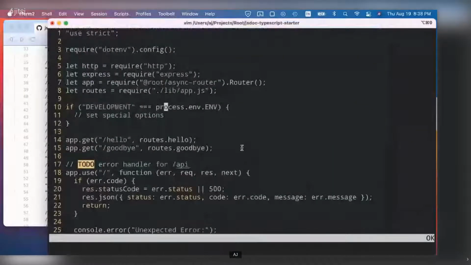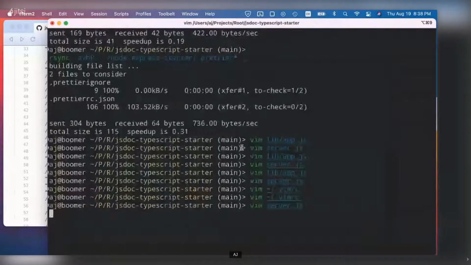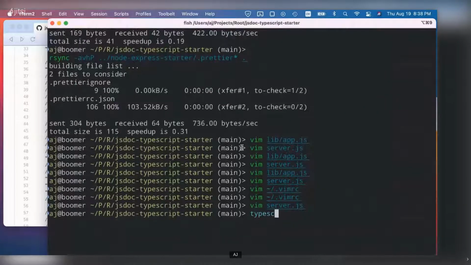It looks like it did not. So let me make sure that TypeScript, did I install TypeScript? TypeScript. Okay, so it looks like, is it TS? It's not TS, is it? Okay, I think